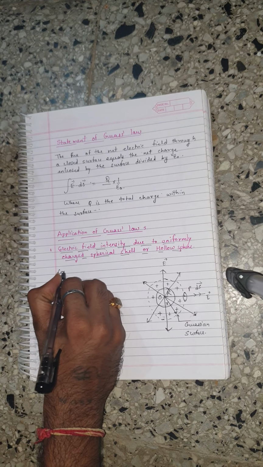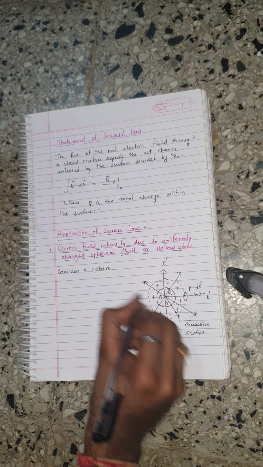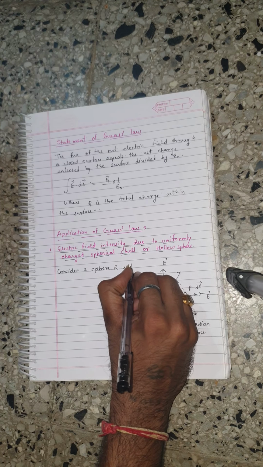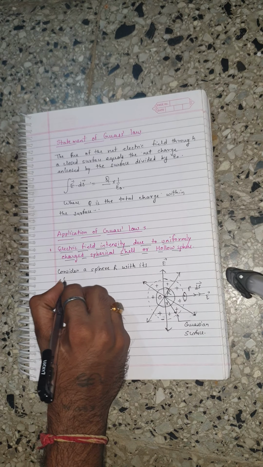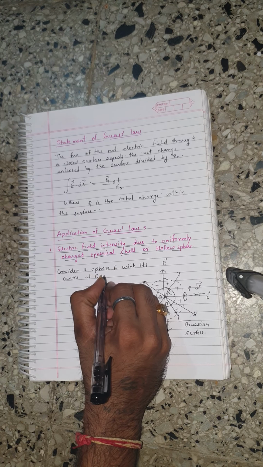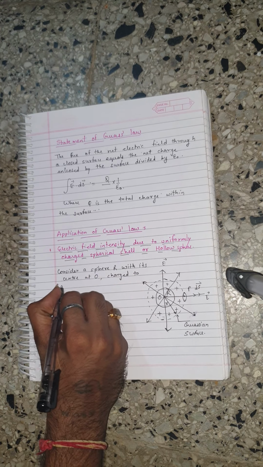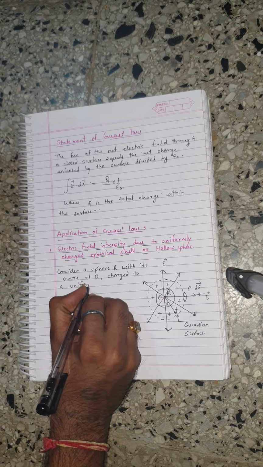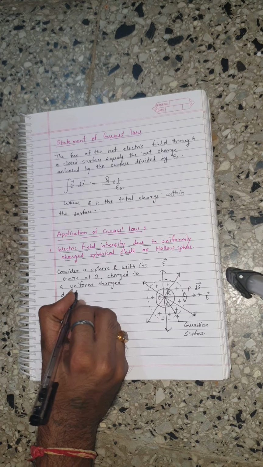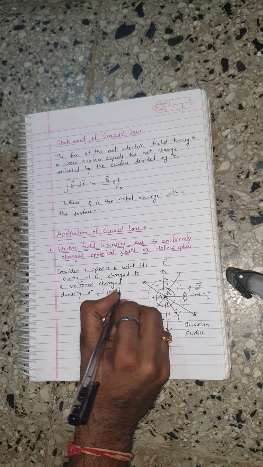Consider a sphere of radius r with its center at O, having a uniform charge density given by sigma, with unit coulomb per meter square,